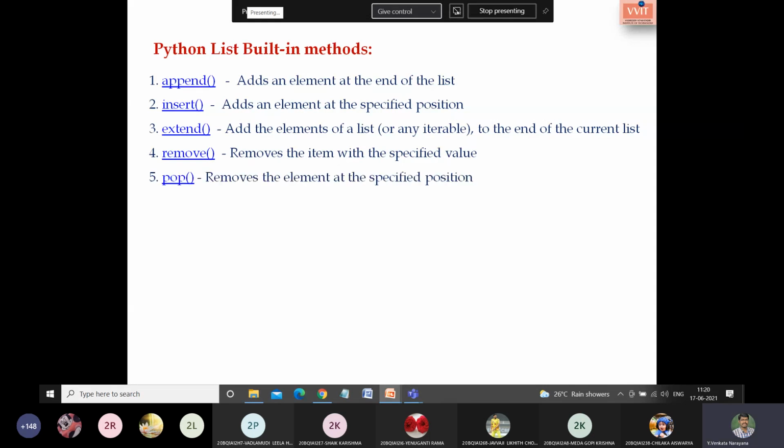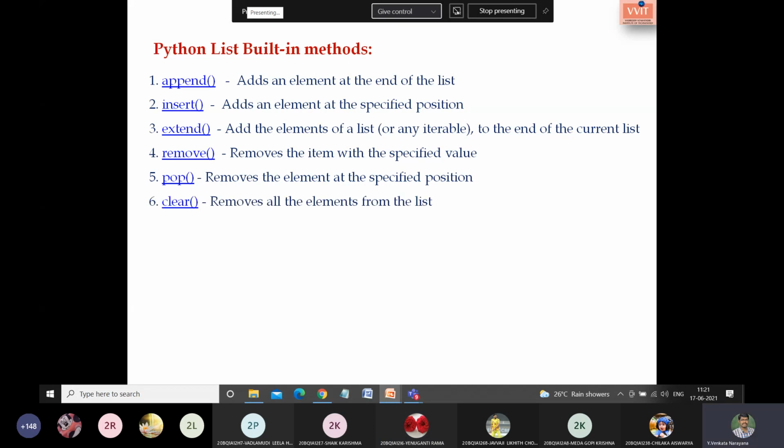The next function we have is pop. It is also one removing method, but this method is used to remove from a specified position. So pop is nothing but you use it to remove an element from a specified position. The general remove method is used to remove a specified value from the list, and pop is a method which is used to remove a specified positioned element. I think you are clear with this difference? Remove and pop. Yes, sir.